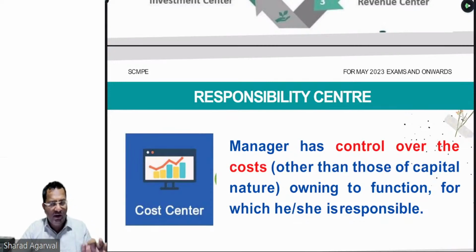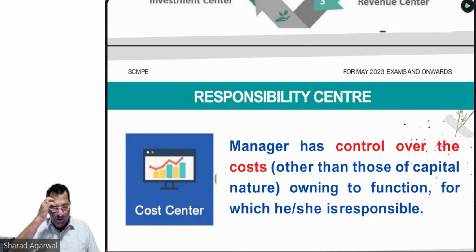तो बहुत सिंपल है. अगर कोई भी डिपार्टमेंट को हमने रिस्पॉन्सिबिलिटी दिया है कि आपको एक ही जवाबदारी हम दे रहे हैं, you have to control the cost, you have to reduce the cost, nothing more is expected from you, then definitely at the end of the period we will compare 2 costs, जो cost लगी है actual cost और जो cost लगनी चाहिए थी, that is the standard cost. If the variance is favorable, the department has performed well. If the variance is adverse, definitely the department needs a lot of improvement.